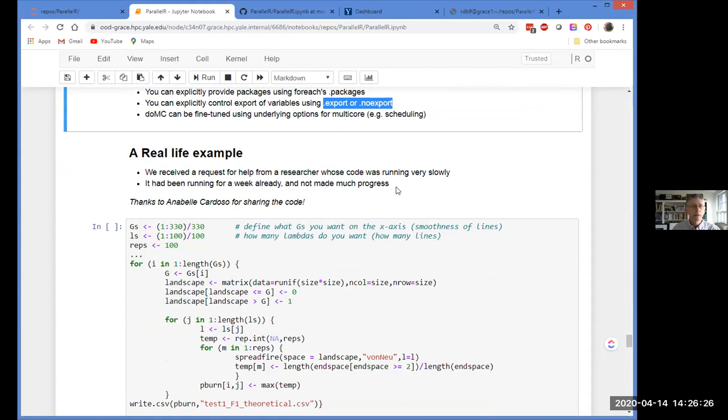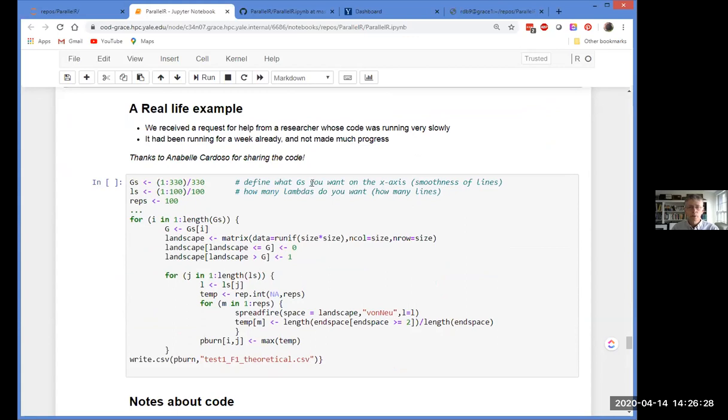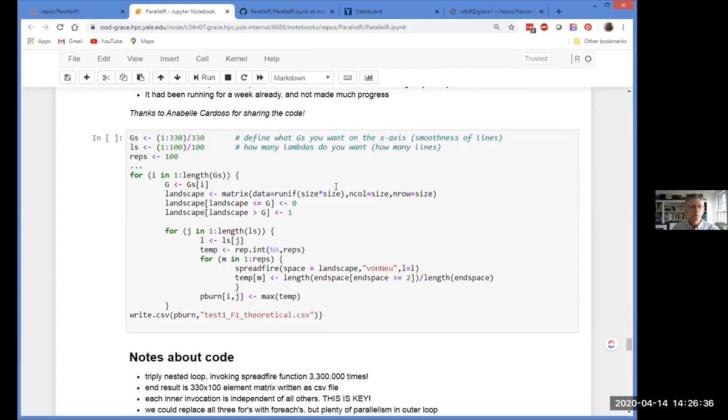It was an R code. This is Annabelle Cardozo, and she was kind enough to volunteer to let me show this code in this course. This is an excerpt from an absolutely real code that was causing her to have to wait too long for the results. As I say, just an excerpt. This code won't run as is, won't even come close. But what's here is real, and it can show you how foreach can very easily give you a way to do runs in parallel in R.